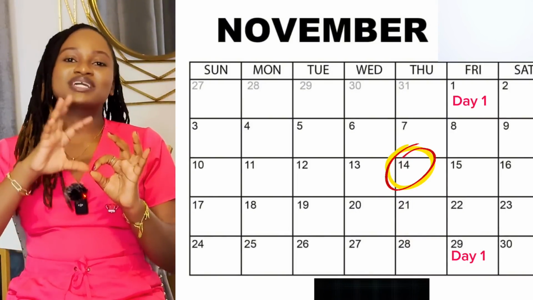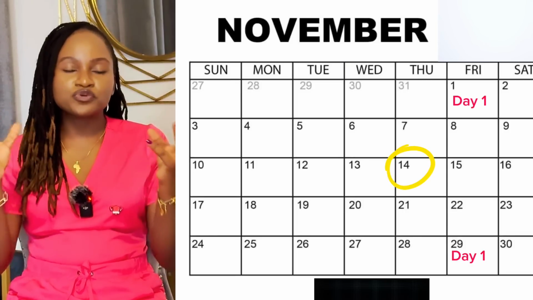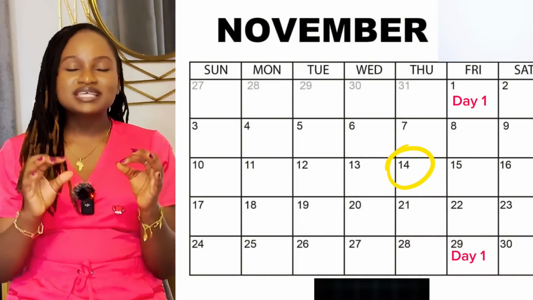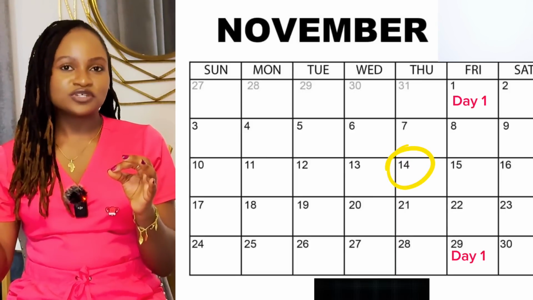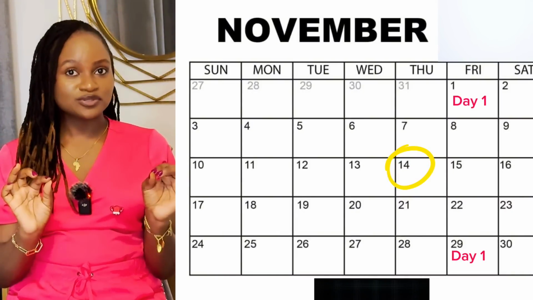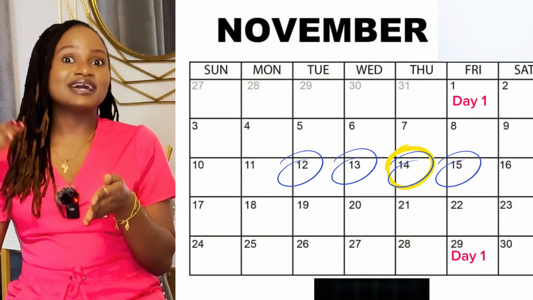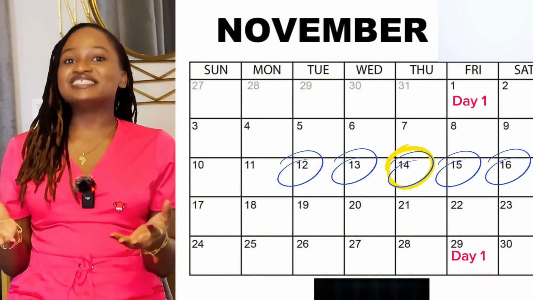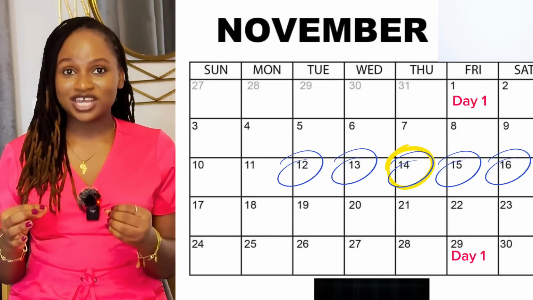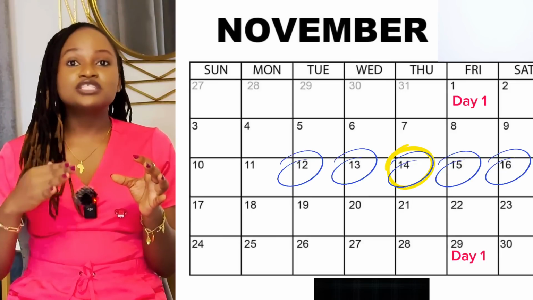If we subtract 14 days from 28 days, she's likely to ovulate on day 14. Now, because we can't absolutely say that she's ovulating on day 14, we give room, we give space, for the possible days she could ovulate. So we either add 2 to 14 or subtract 2 from 14, meaning she could ovulate on day 12, 13, 14, 15, and day 16. Another interesting thing to know is that sperm can live in the woman's reproductive tract for about 5 days. It doesn't necessarily have to be 5 days all the time. It can be 3 to 5 days.